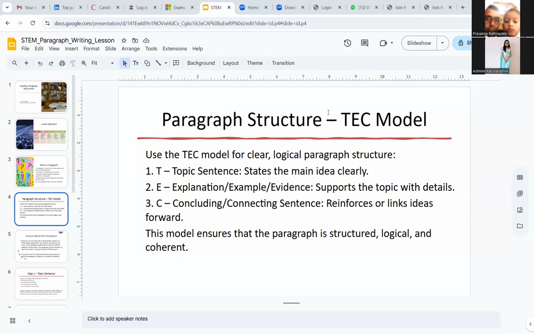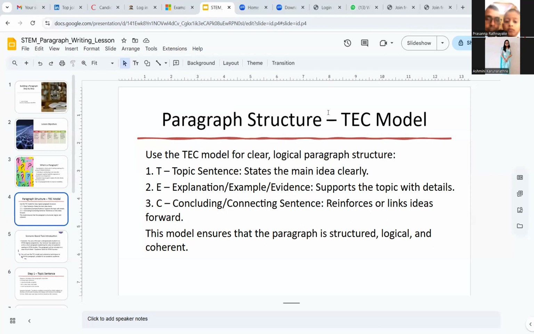Then you go to the supporting sentences, which could be 4 or 5 sentences. In these you explain your main idea, then give examples to support your explanation, and then give evidence